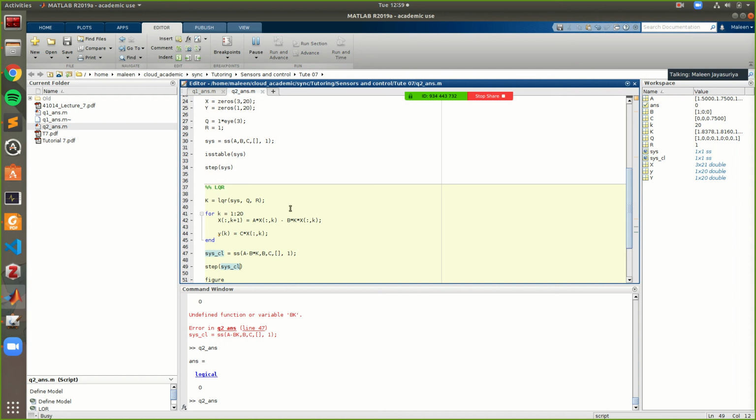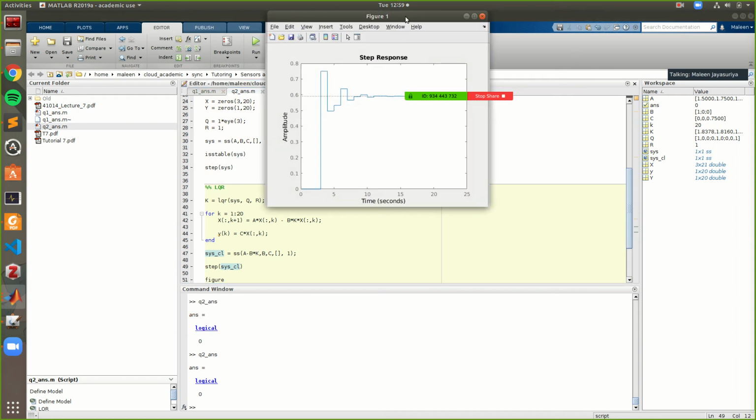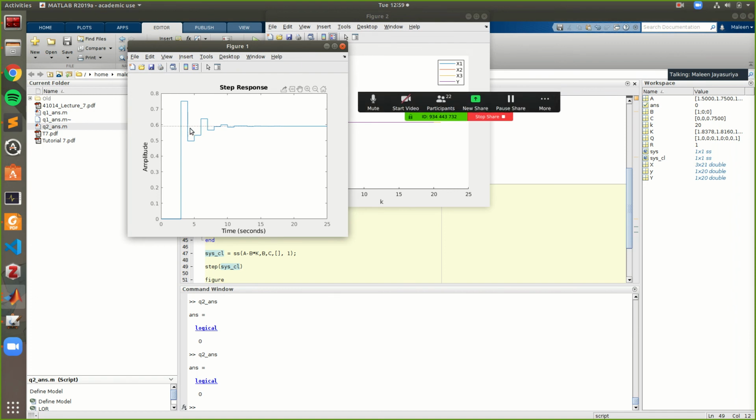Okay, so if I put the closed loop system and look at its step input, you can see that now it's not blowing up, it's coming and settling down on some steady state value.